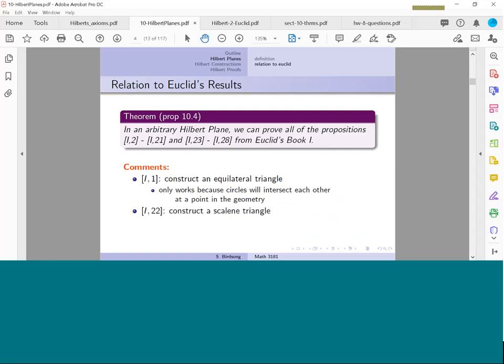Or we can't guarantee that that first proposition will actually always hold for creating any equilateral triangle in your arbitrary Hilbert plane. Notice the arbitrary Hilbert plane means we haven't gotten into your model yet. So this statement has to be true for all Hilbert planes. All right, so the other missing proposition is proposition 22 from Book 1, and this one is